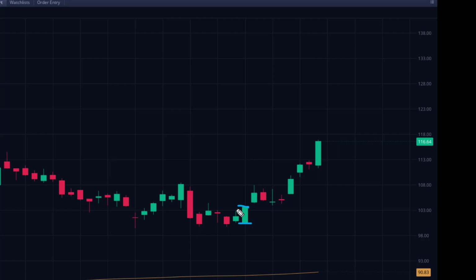It closes above. So right there, and I usually enter my trade towards the end of the day, about 3:30 Eastern time. And so my entry would have been right there at about 102. And where do I put my stop loss? Well, obviously you put it below the level. So my stop loss would have been probably around 98.50. Okay, so that means I'm in at 103, right there, 103 with a stop loss of 98.50.